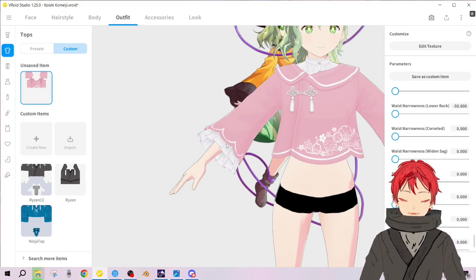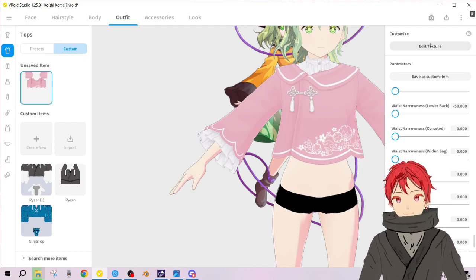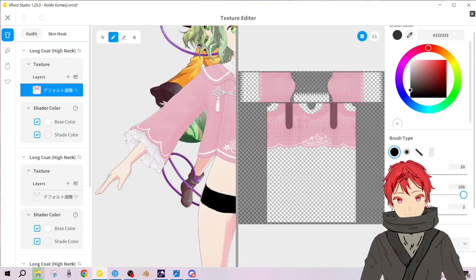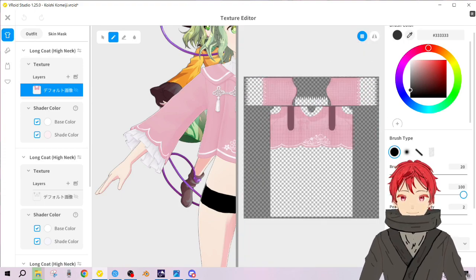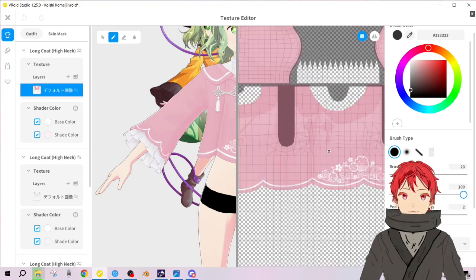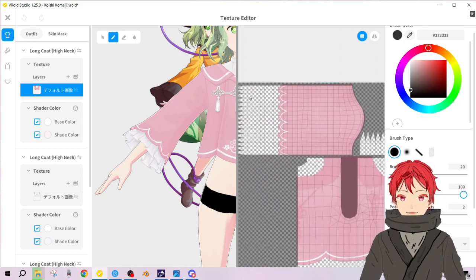Oh, wait a minute. Why didn't I think of this sooner? Go to edit texture. Look at this. You see this? Okay, let me tell you. This part, whatever you see, which is white, right? This is the part which you can actually color. I don't know why I forgot about it, but if you try to color on these white parts,